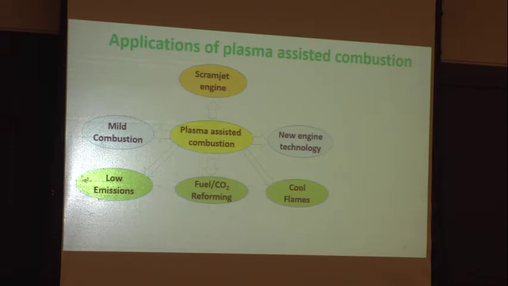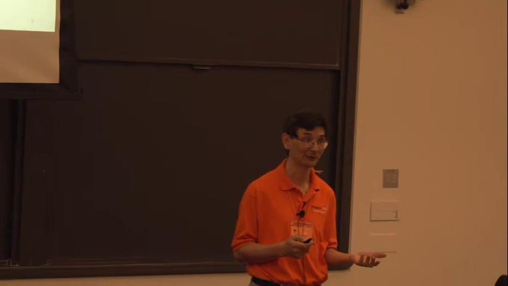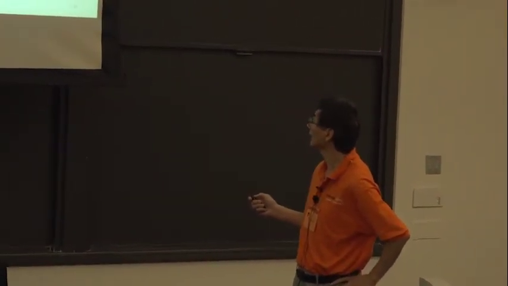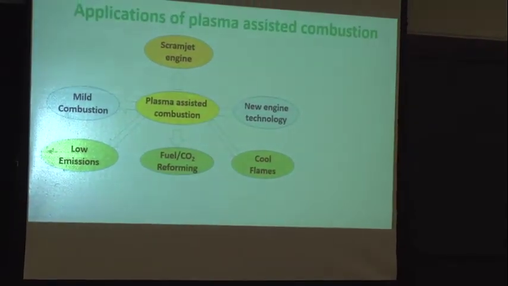What is the difference between mild combustion and regular combustion? The difference is that in mild combustion I don't want flame propagation to control the combustion process. I just want to dilute the system so that the flame cannot propagate, but auto-ignition can happen. It's an ignition-dominated process, right? For an ignition-dominated process, plasma is really effective at generating initial radicals and can then accelerate the ignition process. And you can control new engine technology, for example, low-temperature combustion, cool flames, corona discharge.